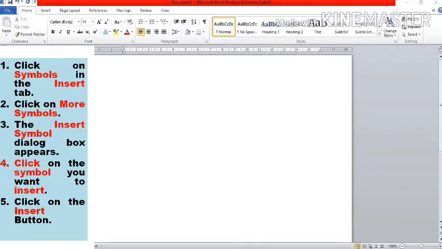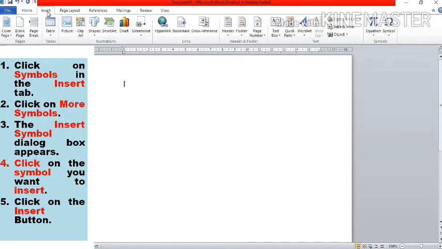Step 1. Click on Symbols in the Insert tab. Insert tab, and where is Symbols? Right on the right hand side is Symbols. I click on that, I get a few symbols here. If you will notice, none of the symbols are there on your keyboard. Step 2.